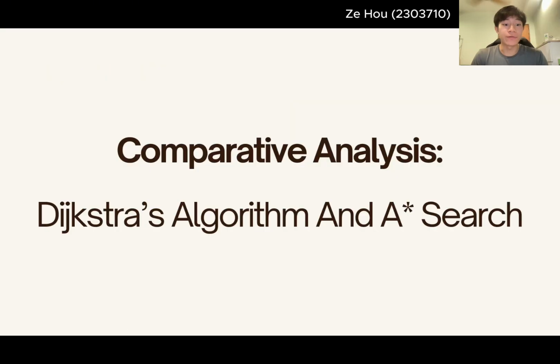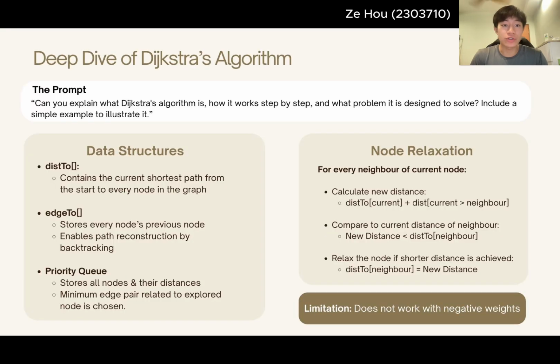Let's begin the comparative analysis of Dijkstra and A-star search. We start with a deep dive of Dijkstra's algorithm. It has 3 main data structures. The first, d, contains the current shortest path from the start to every node in the graph. The second, prev, stores every node's previous node, and backtracking this allows for path reconstruction. The priority queue stores all nodes and their distances, and the minimum distance pair related to the explored node is